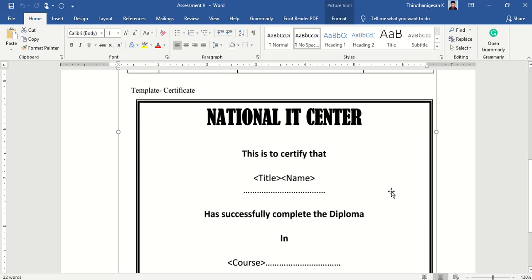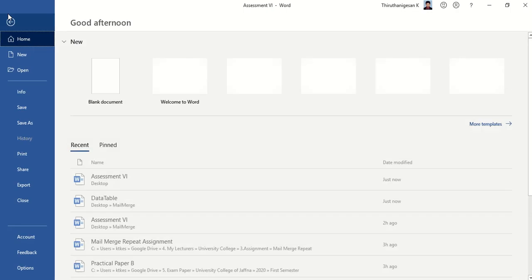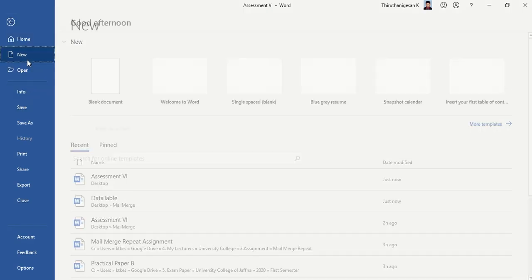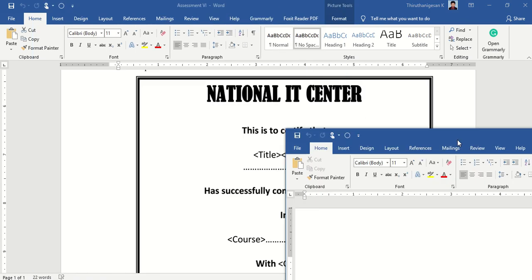Here they have given some kind of template of the certificate. So another document you want to prepare like this certificate template: file, new, blank document.